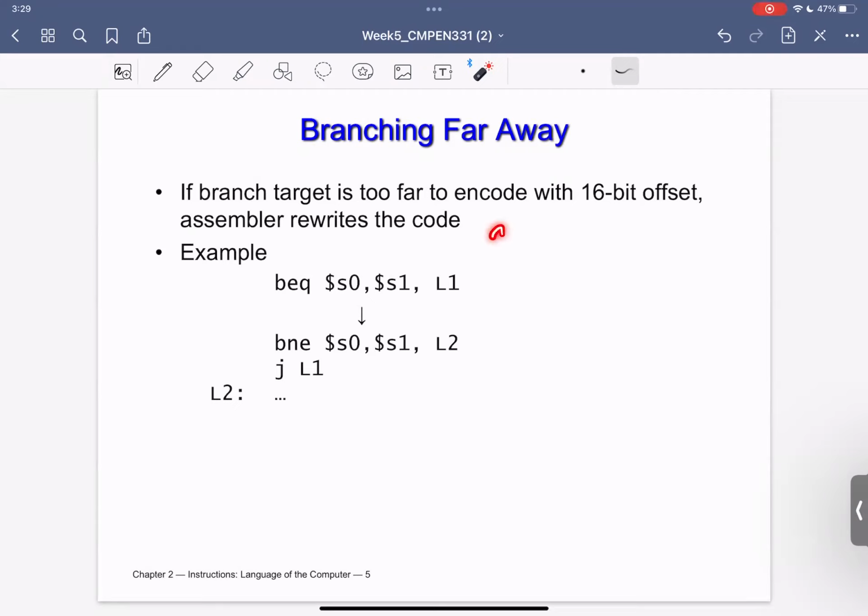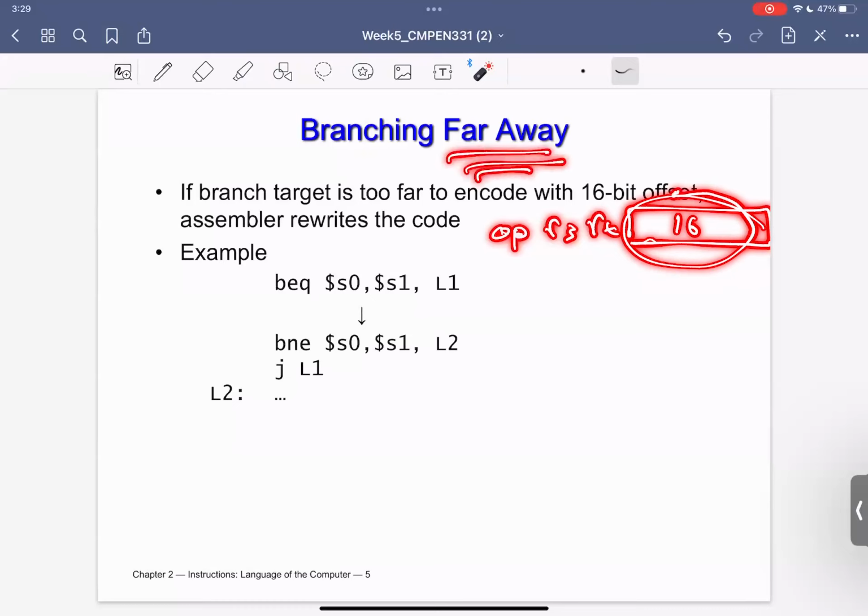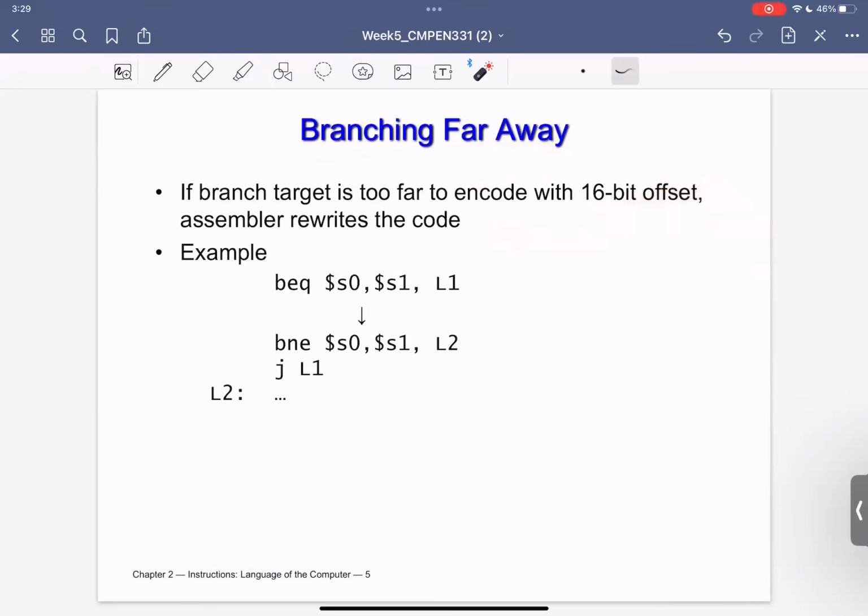You already mentioned to us that you have the opcode, you have RS, you have RT, and then you have a total of 16 bits to use as a relative address, correct? But what I am saying here, that it will be very, very far away, that number actually will not be fitted only in 16 bits. That number is too large to the extent that I need more than 16 bits.